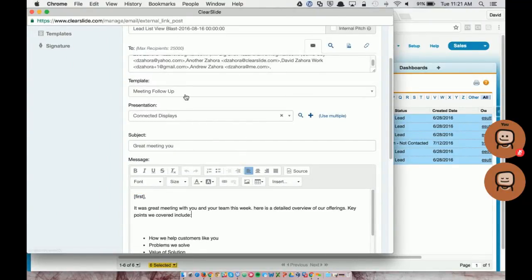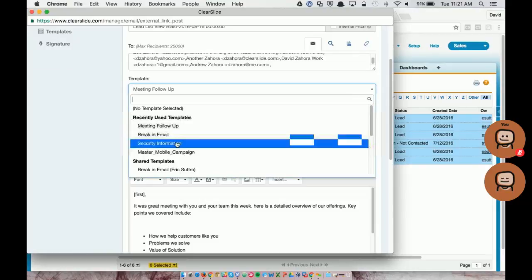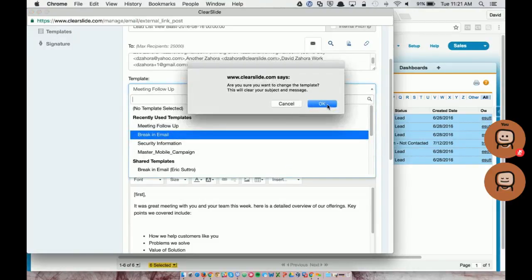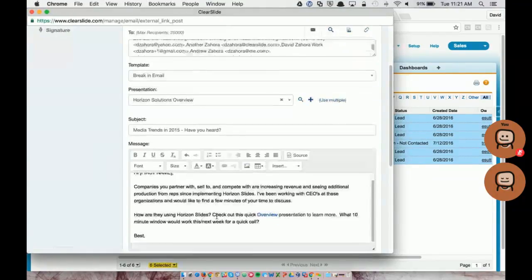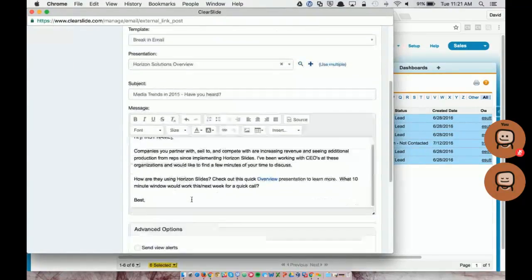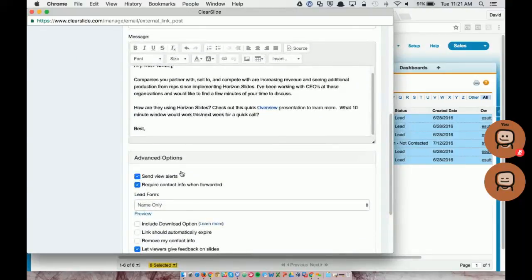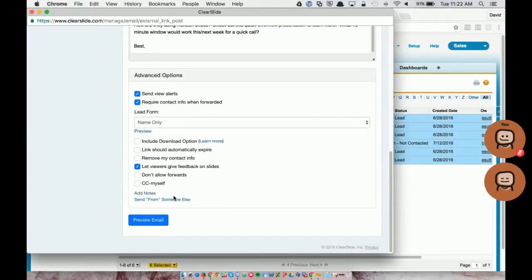But as I mentioned before, this is the perfect time to discuss or to start using templated sending. So this was a break-in email to a bunch of new leads, so we're just going to select our break-in template, which has our marketing-approved piece of content ready, all of our nomenclature set up and pre-approved, and we're going to go ahead and have the options to choose what we want to do when we send this presentation over